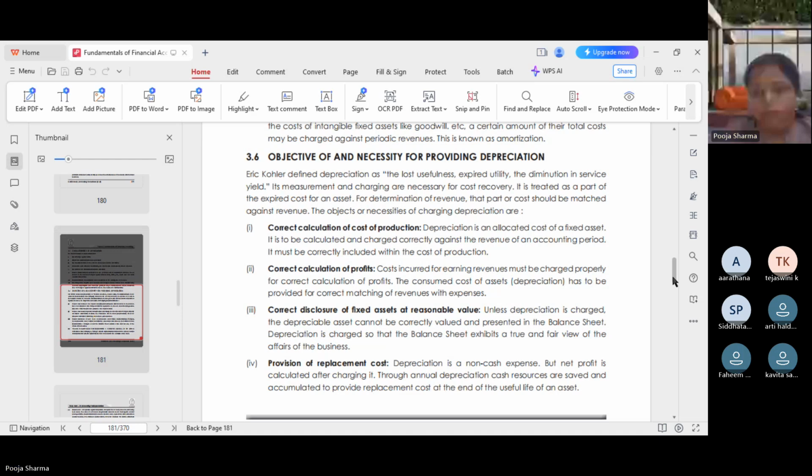Now, next is maintenance of capital and compliance with technical and legal requirements. Depreciation has to be charged to comply with relevant provisions. Whenever we charge depreciation, it gives us some tax benefit as we comply with it. That means we are complying with some act, so it will give us some tax benefit also, because it will reduce our income. So we will obviously get a tax benefit. So this is maintenance of capital.